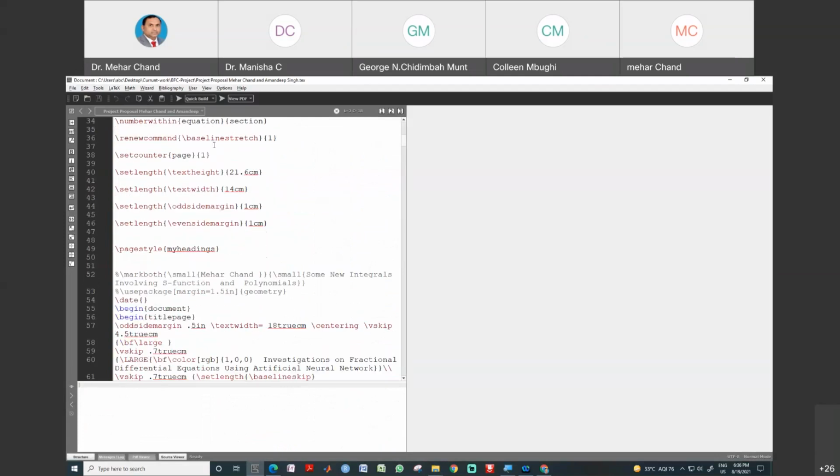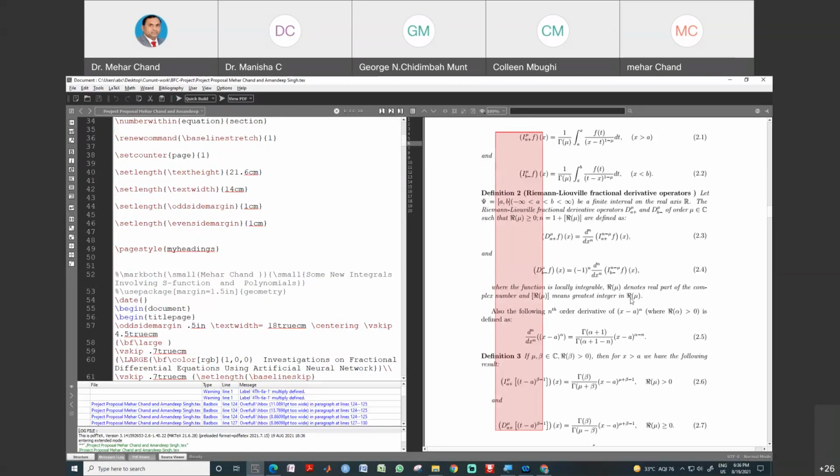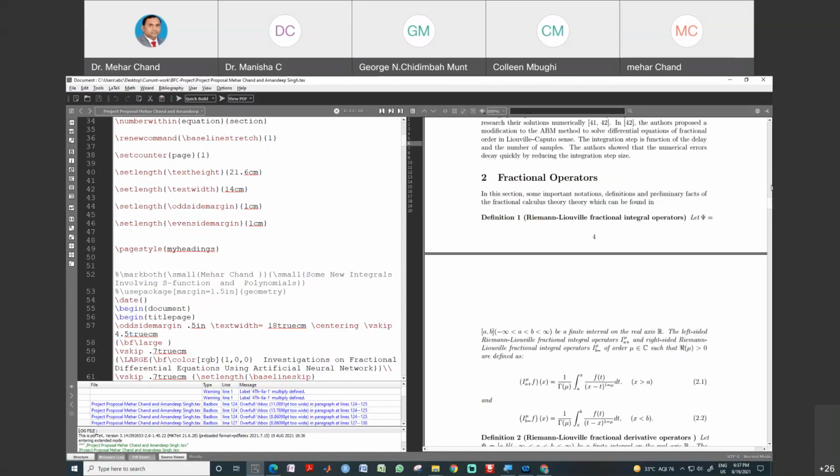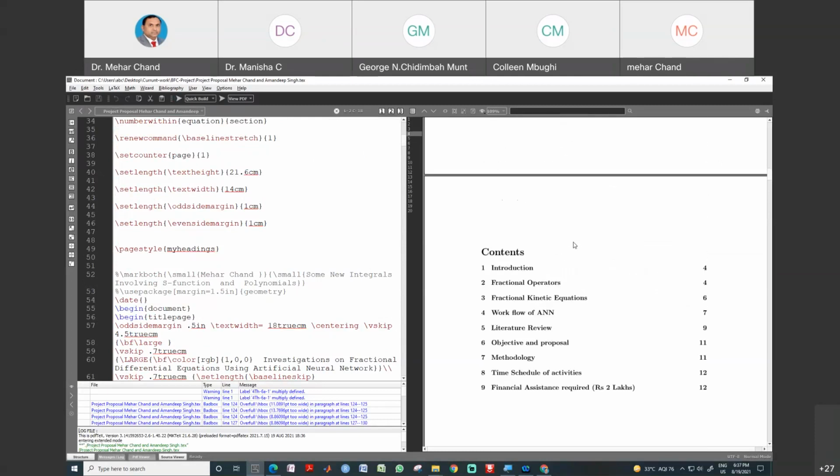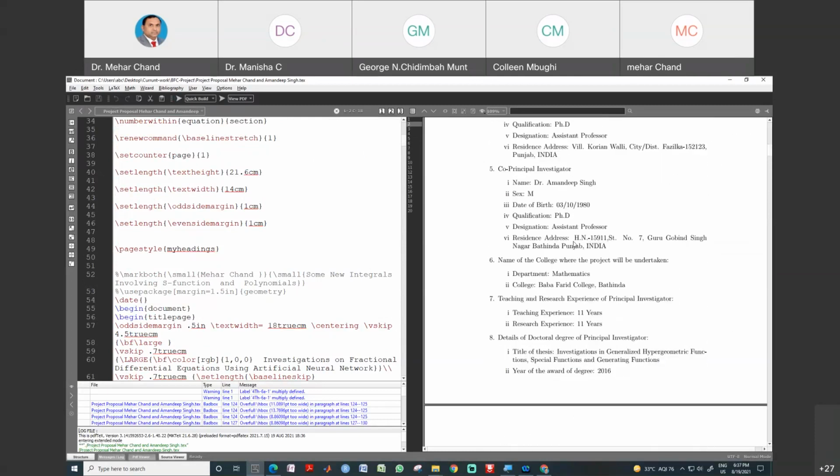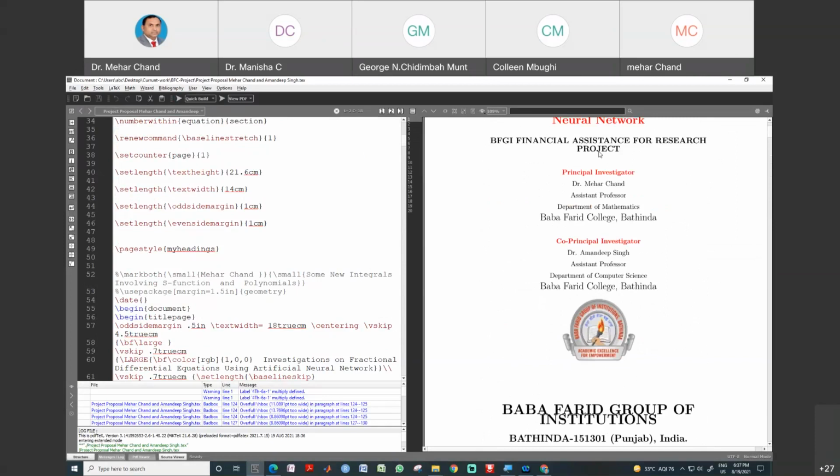Okay, and when we execute this document, yes, you can see all these things are there. Heading, subheading. If you want to prepare your synopsis, you can use this file, and you can manage all the things.